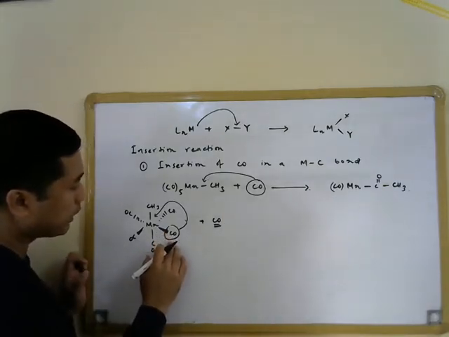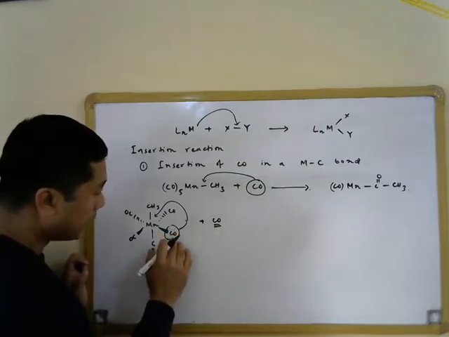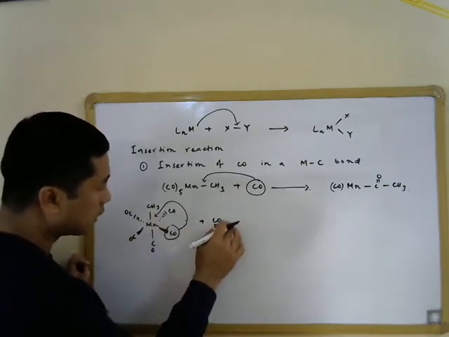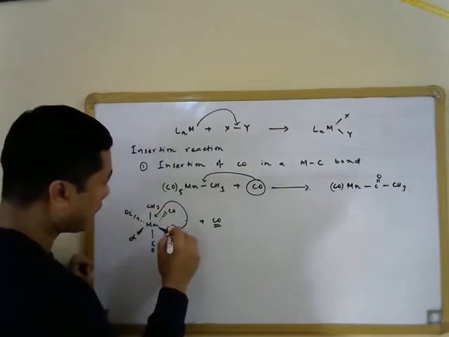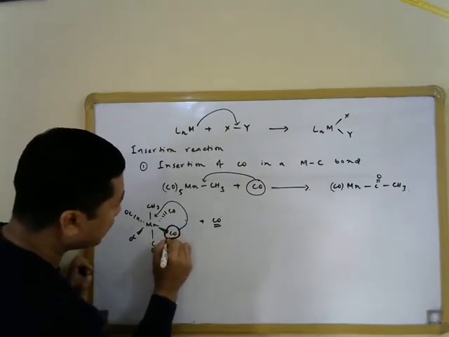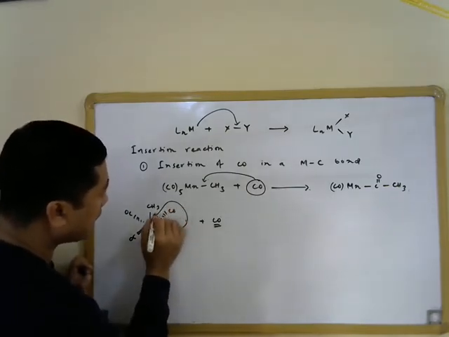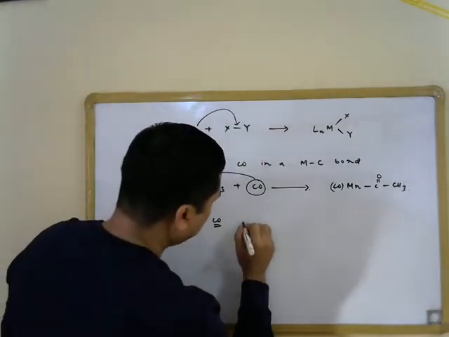At the moment we do not have any vacant coordination site, so first one of the ligands has to leave, and only then can this come and attack to give us the product. So what we look at here is one of the intramolecular carbonyl ligands coming and attacking this M-C bond over here, and that will give us